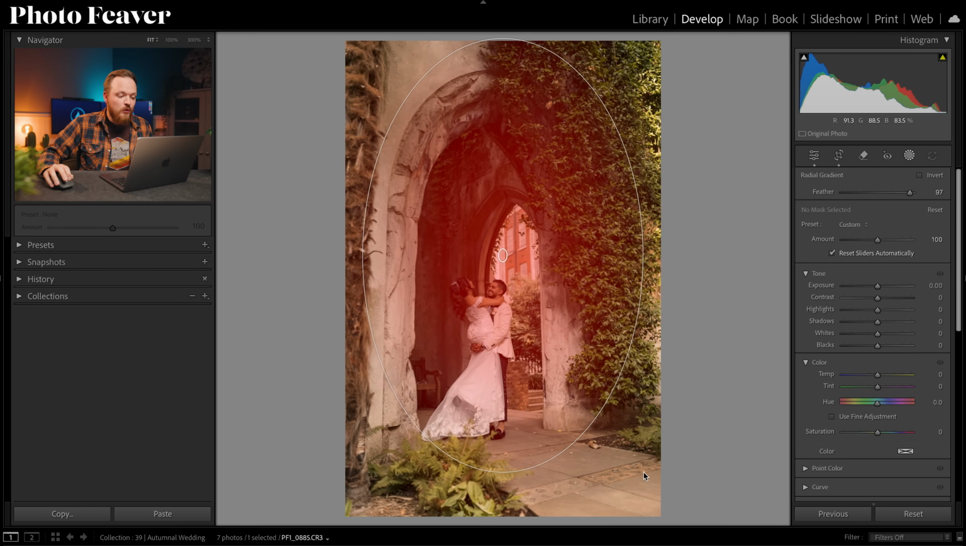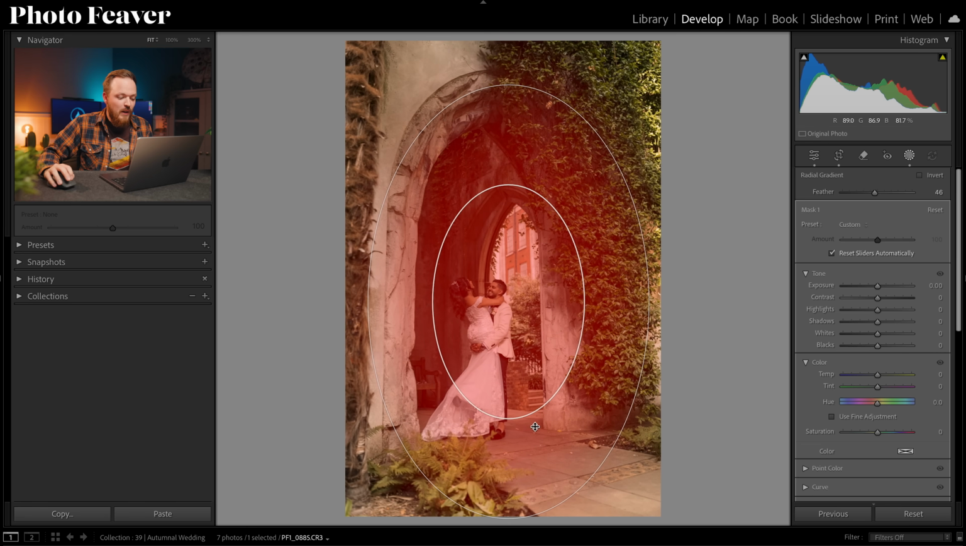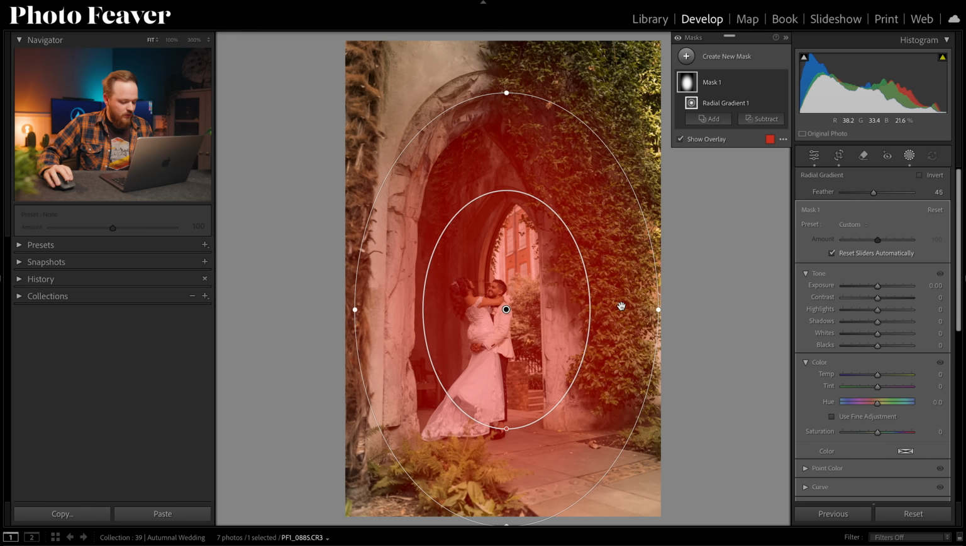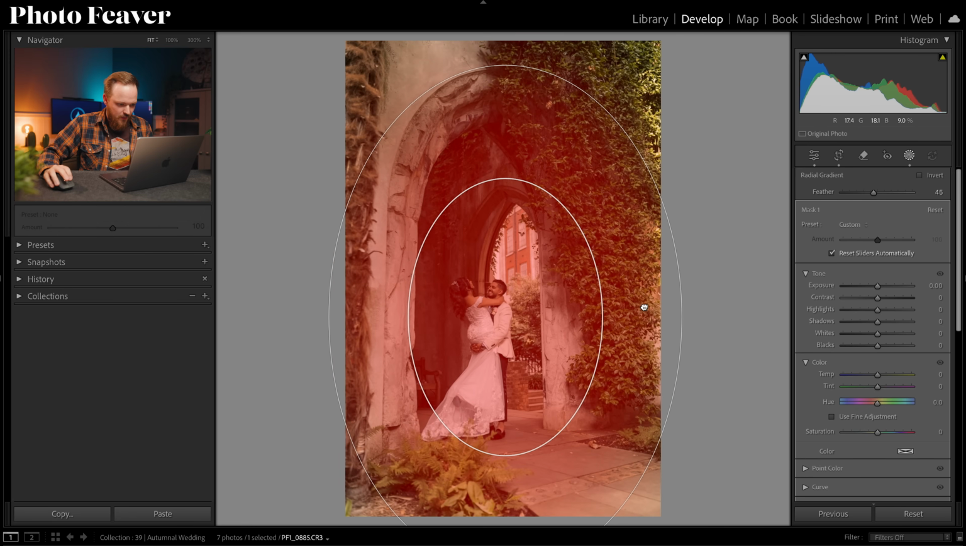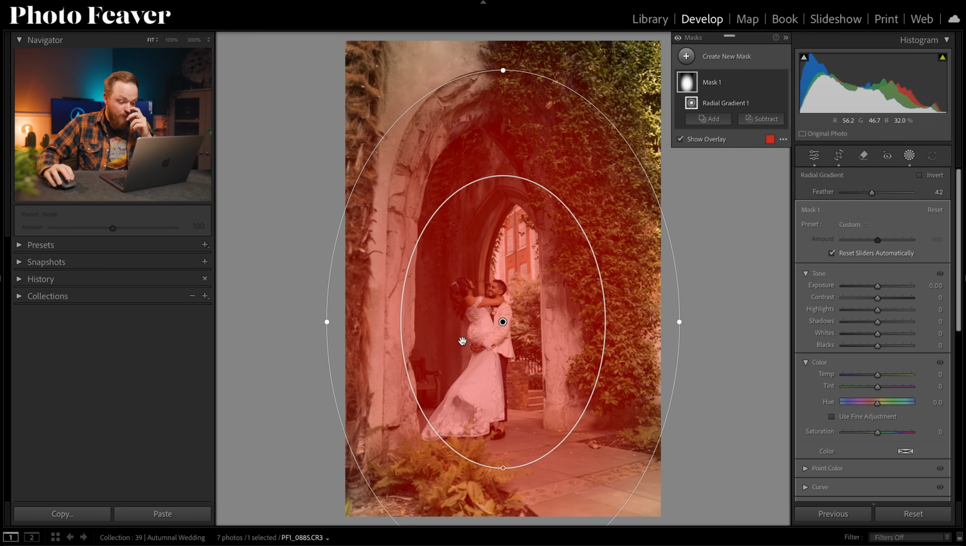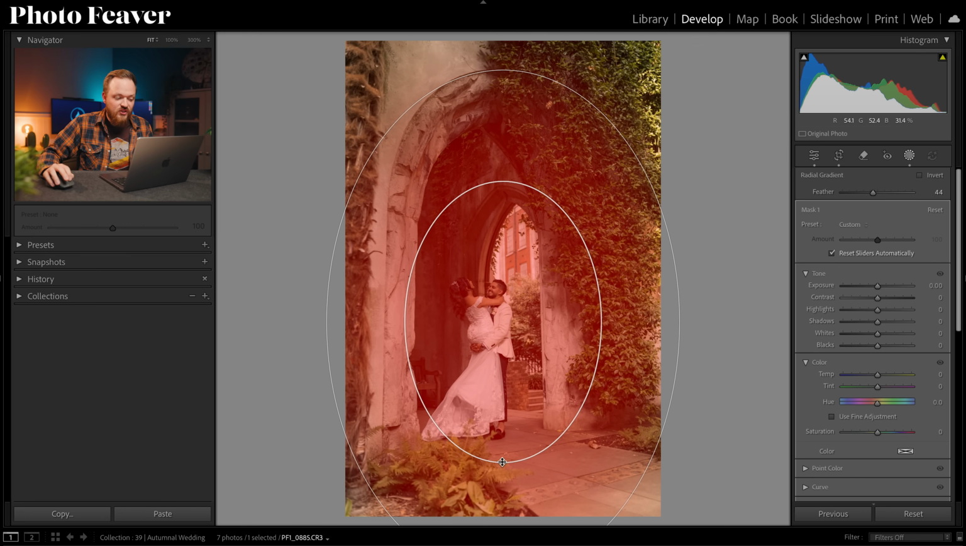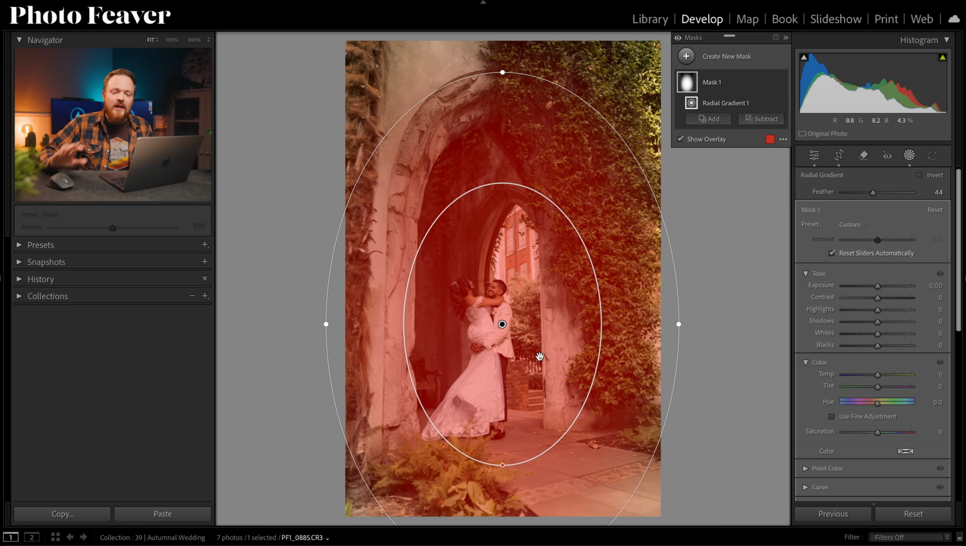I'm gonna select the middle portion of our photo, mostly covering the bride and groom. So I'm gonna go for something that looks like so. Make sure the bride and groom fall within our inner circle here. So go for something like so. Then what you want to do is to invert that, because we want to affect the exterior part of our